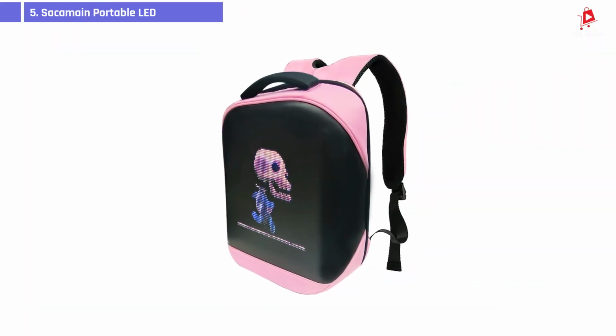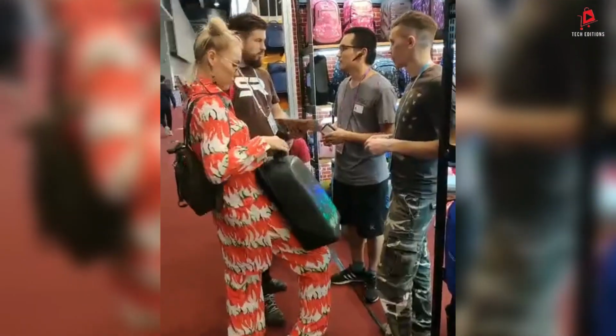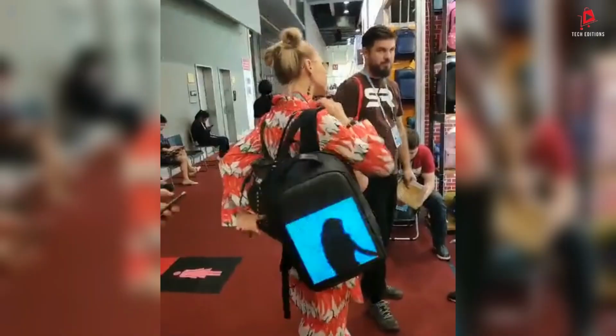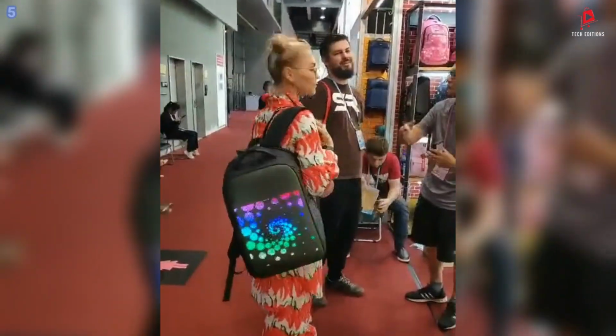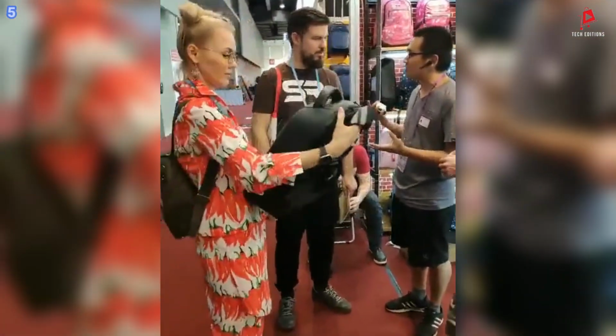So, let's get started. Number 5. Sacamain Portable LED Backpack. The Sacamain Portable LED Backpack is the perfect fusion of style, functionality, and innovation. Released with the newest 2024 Bluetooth version, this backpack features a full-color LED display that transforms the bag into a